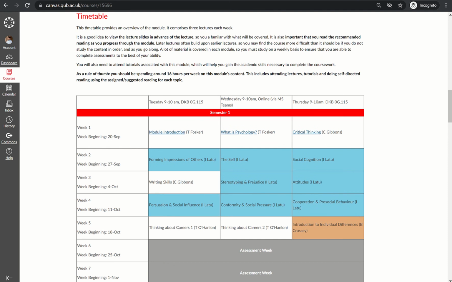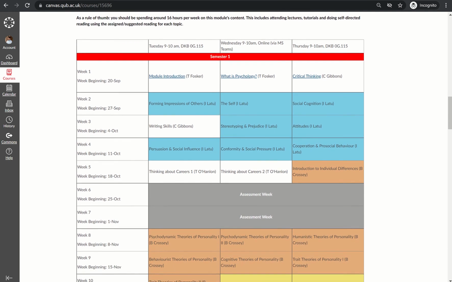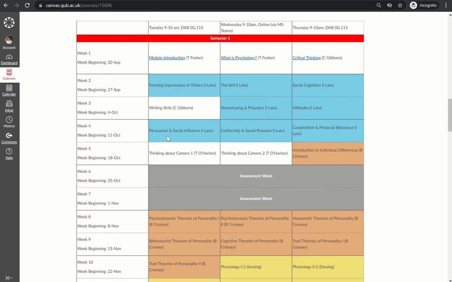Then further on down, you've got the module timetable. So it's really important that you know your timetable. So you can see for each week, you've got what date the week starts on, and you have details of each of your lectures across that week. So you've got the time, day, and location, the room details of in-person lectures. And then you can see the Wednesday lecture is an online lecture that will be delivered by Microsoft Teams. Okay, so you've got your dates, times, and nature of each class, and then the hyperlinks here will take you